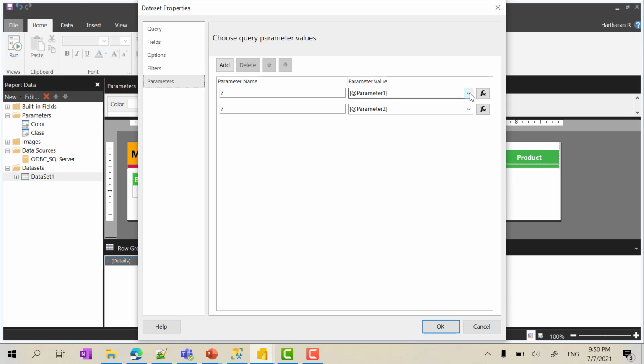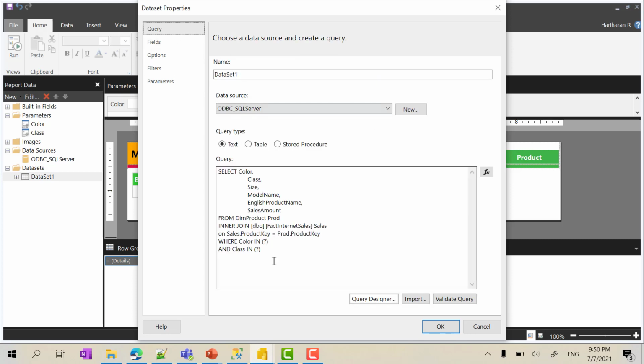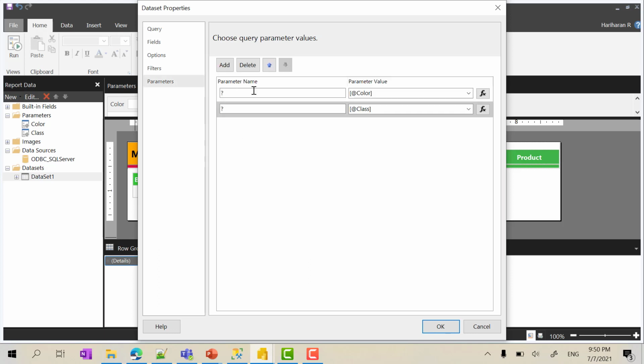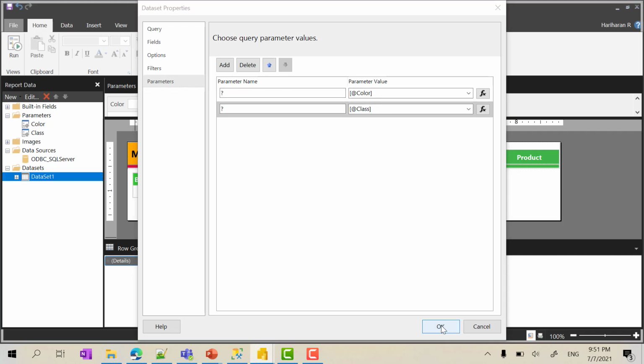Let me add color first because that is what we defined in the query. Next one is class. Here it is always going to be a question mark because we have defined a question mark here. So we have to carefully map the parameters in the parameter section. The first question mark belongs to color and the second one to class. We have to correctly map the parameters here. Once you are done, you can just click OK.